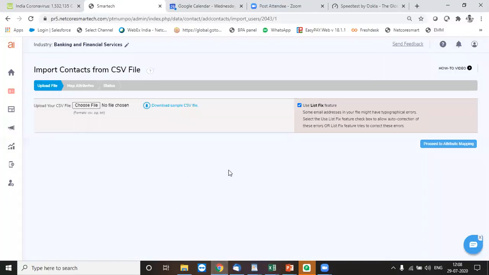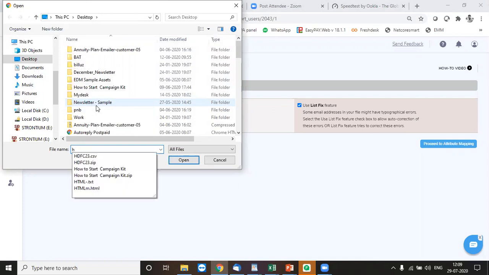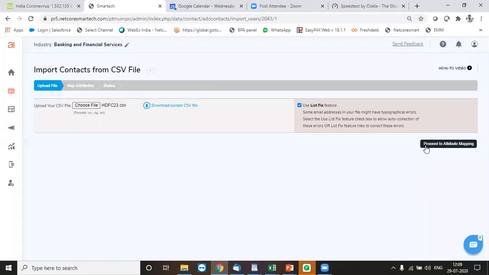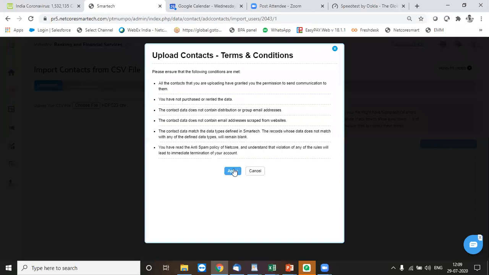Once I create the file, I can upload that file over here. I click on proceed to attribute mapping, and I click on agree.